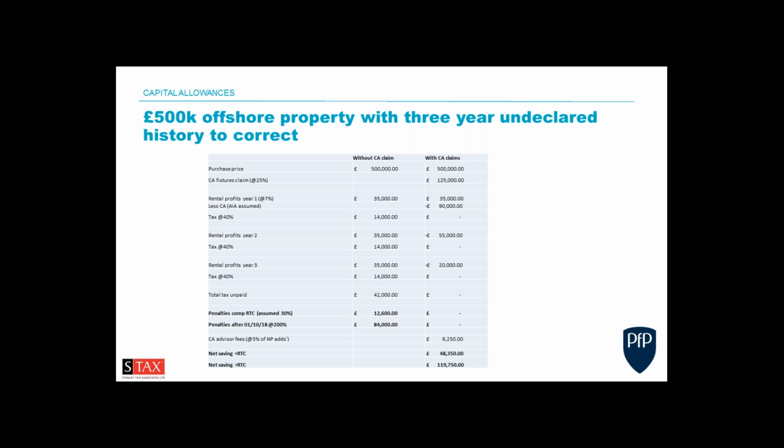Now, of course, we're not a charity. We do charge for the work we do. We charge as a percentage of the new pool additions. In this instance, it would be 5%. So the net saving, if they comply with the requirement to correct, as you can see in the second to bottom row, is just shy of £50,000. And that's not even factoring in the continuous tax benefits on the £20,000 loss to carry forward. Or if they are caught by the higher penalty regime, we're talking pushing on £120,000